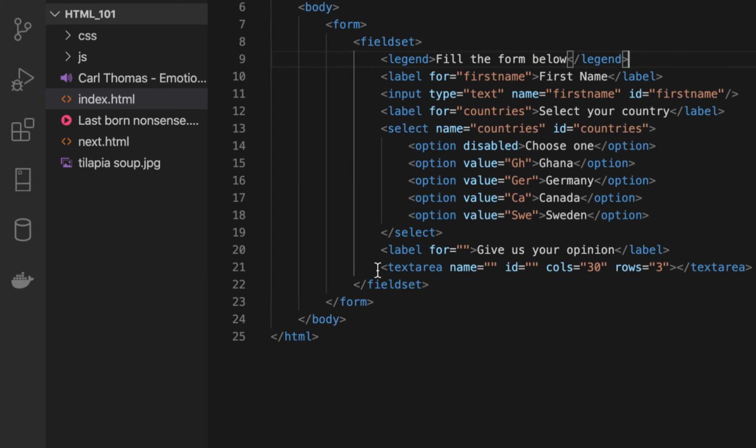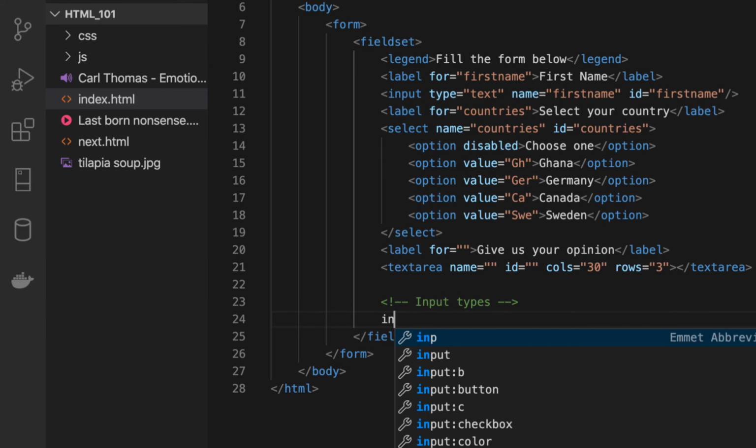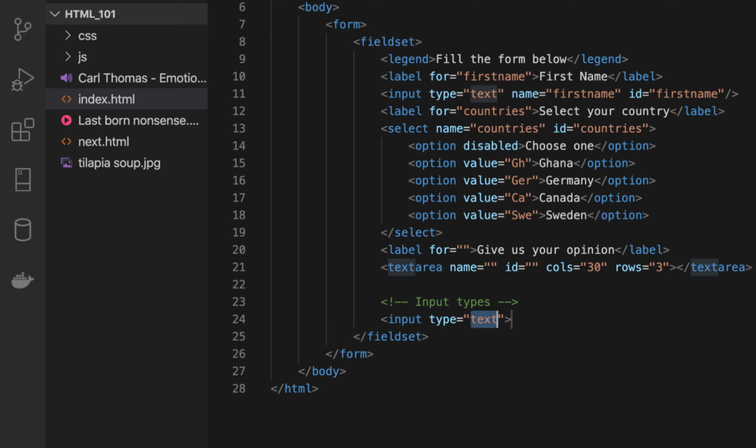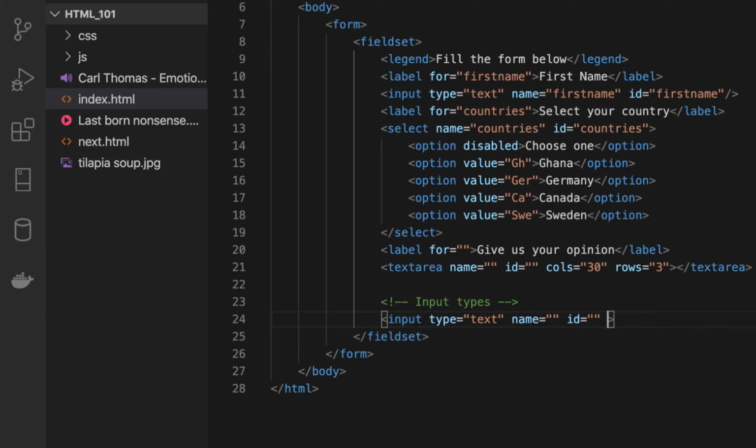Now let's go ahead and add more form controls, and now we are going to look at the input types. Input types, we'll talk about text. So input, type is text, and then I spoke about the name attribute, the id attribute, the disabled if you wanted to. There is another